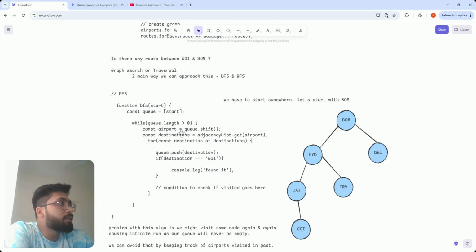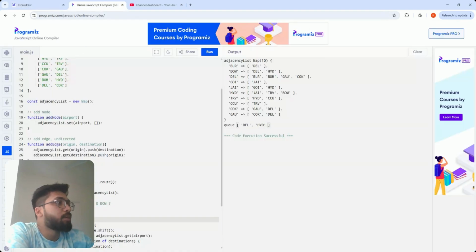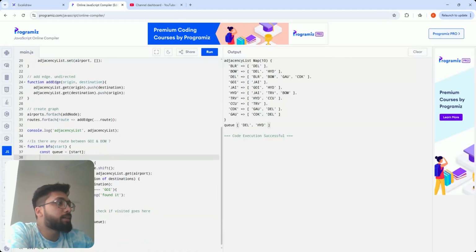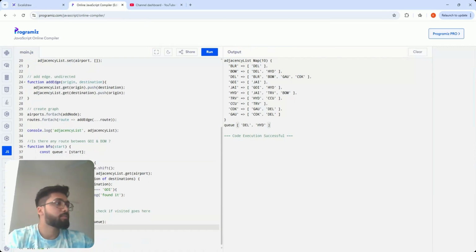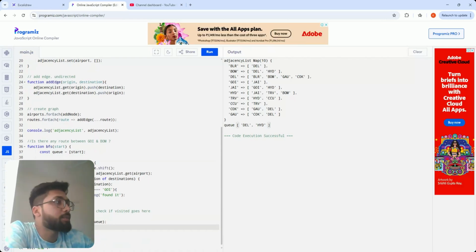So in this way, it will traverse level by level. But here there is a problem. What is the problem? I will show you. This is the BFS algorithm. If I try to run this,